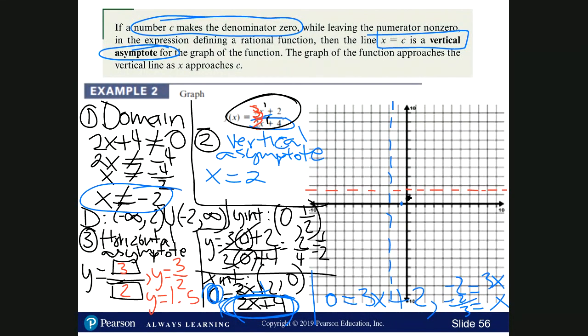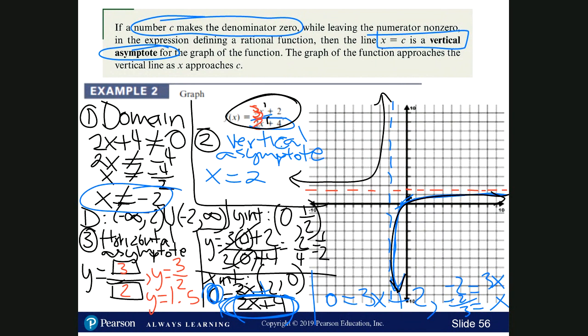Now I'm going to draw the graph. So I'm going to make sure to go across the y and the x-intercept, but I'm not going to touch the vertical and the horizontal asymptotes. So you see right here it is going down to infinity. And then the other part of the rational function will be like that. Now, another useful way to get a better image of the graph is to graph it on your calculator and look at the table. You can get more points to get a more accurate